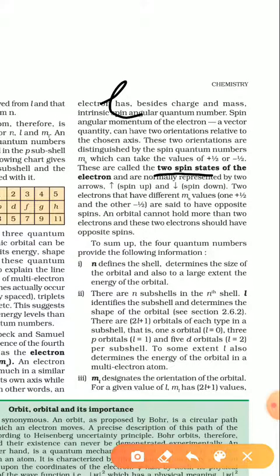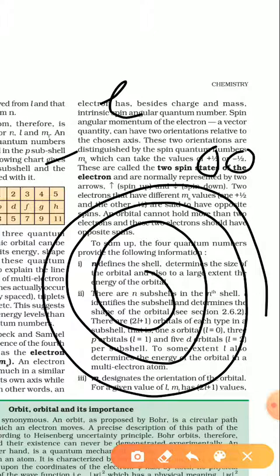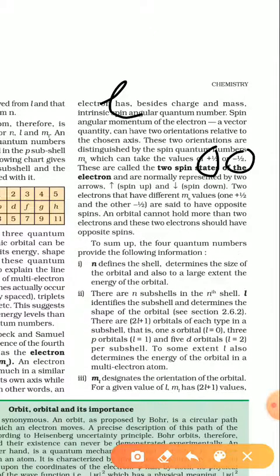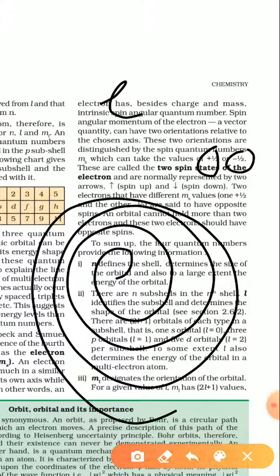So there will be 2 spin states of the electron, and it will always take a value of plus half or minus half. What does plus half or minus half determine? If the electron is rotating in a clockwise direction, it will have plus half as the electron spin quantum number. And if it is spinning in an anti-clockwise direction, do not consider it a jalebi, I am showing the spin only, it is minus half.